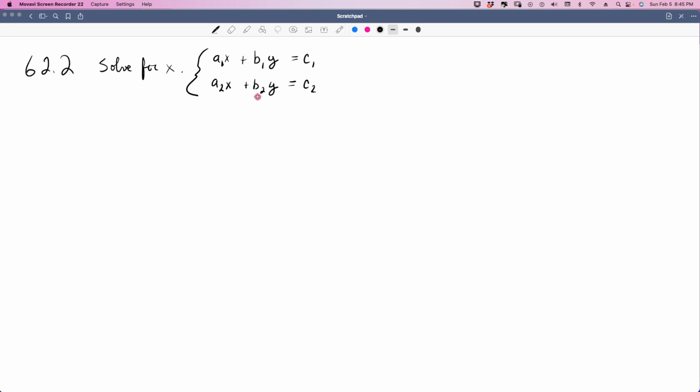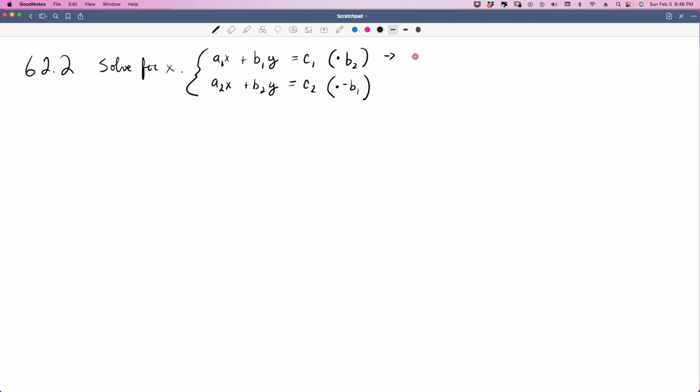So for this one, let's get rid of the y term because we're solving for x, right? That's what we need to do. So we are going to multiply this one times b sub 2, and I'm going to multiply this one times a negative b sub 1, and this is going to give me